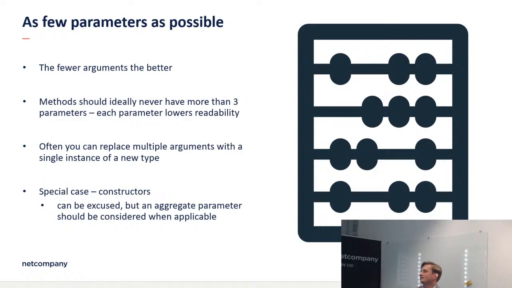Special case, I would say, would be constructors. It makes sense sometimes to just have a big constructor, depending on what you prefer. Some people want to initialize an empty object and then just set the properties. I prefer to use constructors, and then that's fine. Whatever parameters you need to set in the DTO, just set it. Constructors for basically domain models or DTOs, and not every constructor. I want it to be clear.